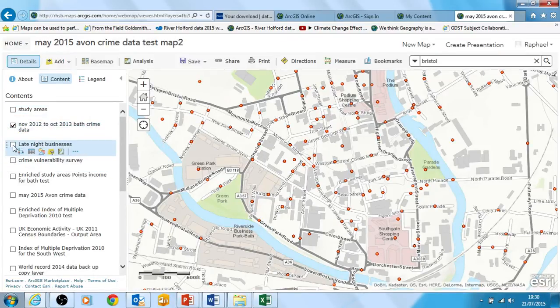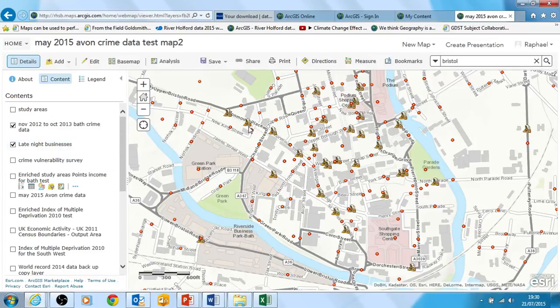So here's one I've done earlier. Here's a map of late night businesses. You'll see that I've actually changed the symbols to a beer mug, as it were, to show places that are open late at night. So I've got late night establishments and I've got the crime data, and I want to do a bit of analysis to see if there's any relationship between any particular late night establishments and concentrations of crime that might be happening nearby. It's really not something that's very clear visually from this, and that's not helped by the fact that